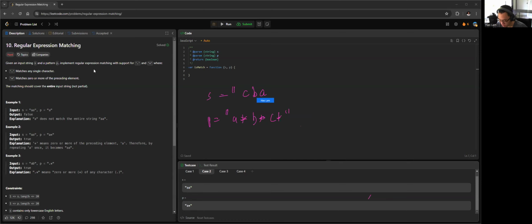So what is our base case? Our base case is when S and P are empty. If S is empty, then P might not be empty, because we can have A star, B star, or C star, which also match an empty string here. However, if the pattern P is empty, then S must be empty. If there's nothing in the pattern, then there cannot be any letter in S. So that would be our base case,